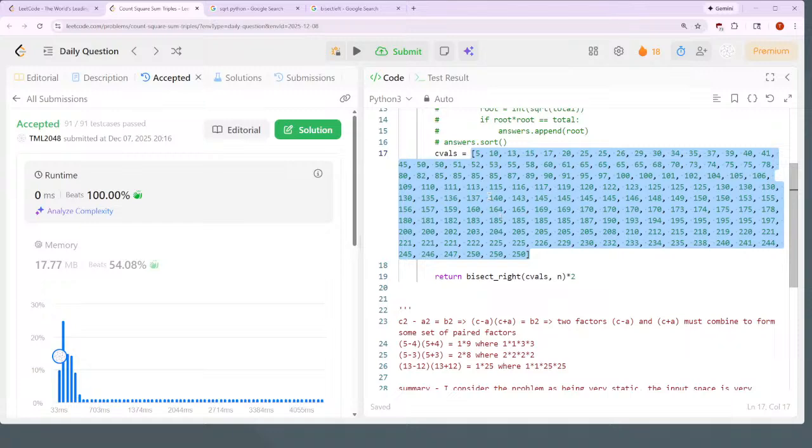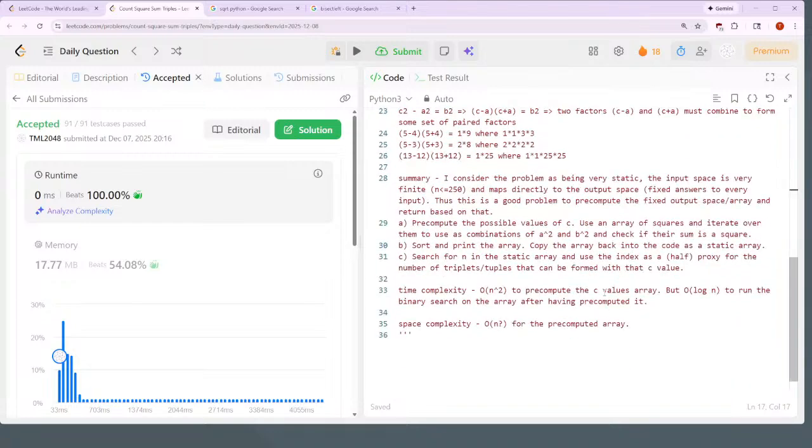It might just be proportional. It might be a log n, maybe. Not sure how the amount of C values compares to size of n. Guessing it's proportional. So it would be